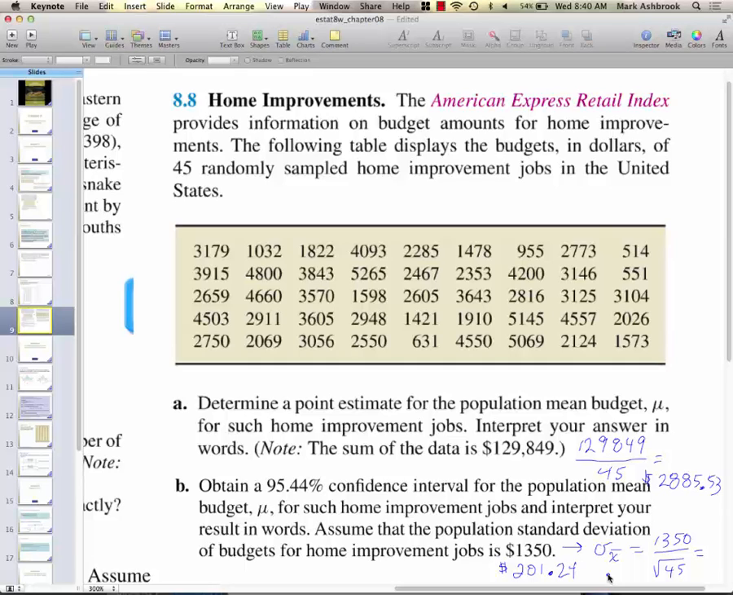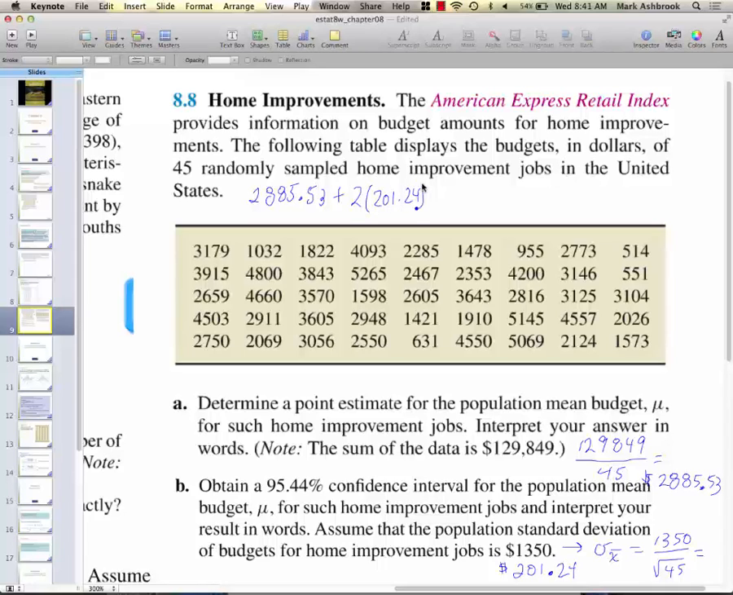And we got a sample mean of 2885.53. So how do we build our 95% confidence interval? We're going to go 2 of those above the mean and 2 of those below the mean. And then we can say we're 95% sure that the true population mean lies in that interval. So let's find that interval. So we're going to have our 2885 plus or minus 2 times